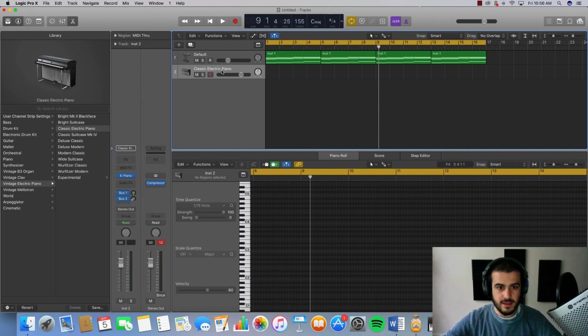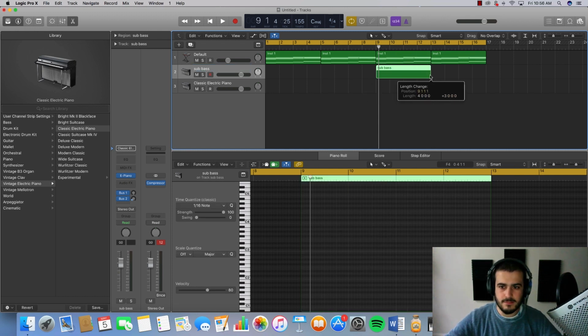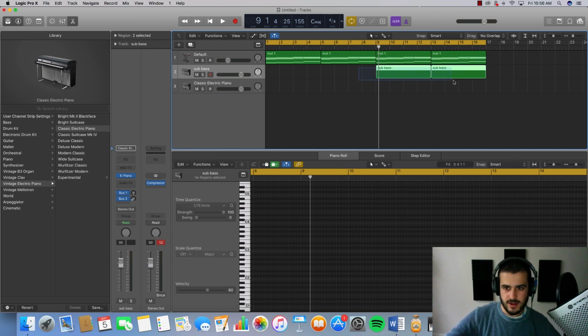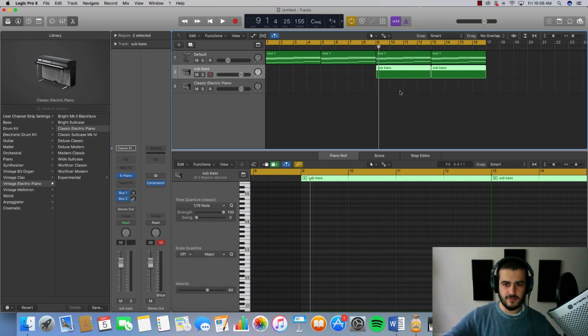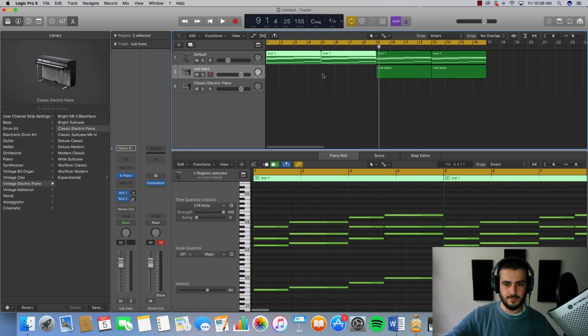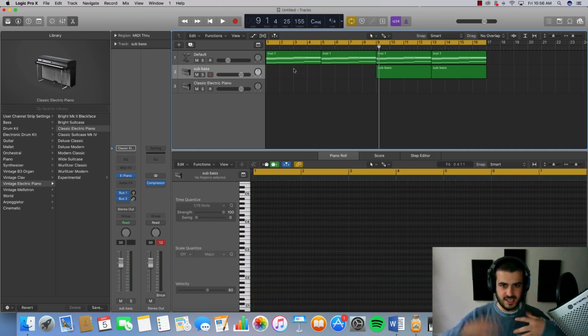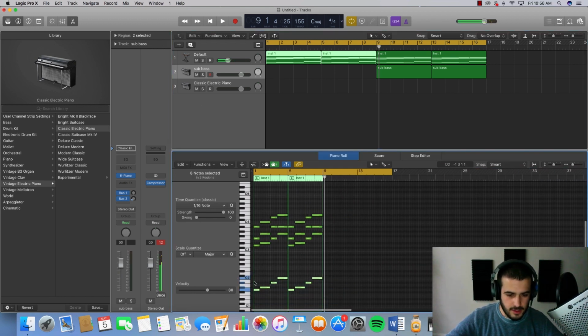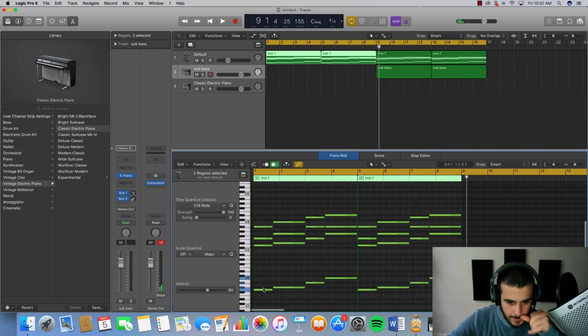Because if we bring in another layer, we'll call this sub bass, and let's imagine some sub bass here. So then we can bring in a nice little something right here, that'll give us a nice filler for the second half of the 16 bars versus the first half of the 16 bars where it's just kind of introducing everything. So you want this to sound light over here. And to sound lighter, we could actually probably do this.